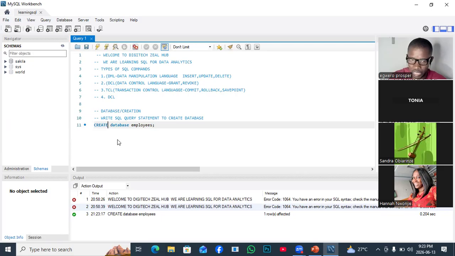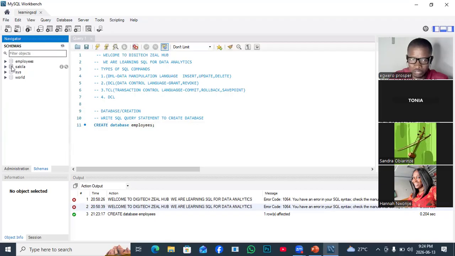All right. So now, the name of the database you created is not yet listed here. Any database you create, the name must be listed here. Remember that we inherited this one from our installation, which are global databases. Now, how do I get this one to be listed here? You just come to this icon here and refresh it. Once you refresh this, you see that your database has now been